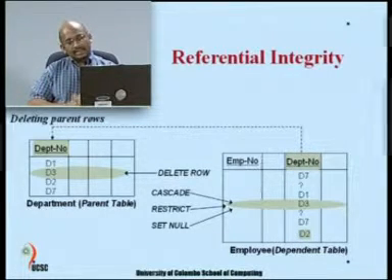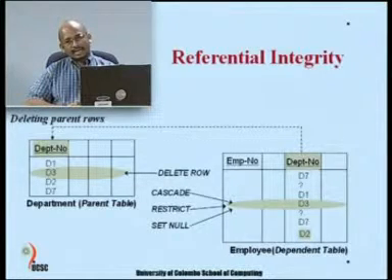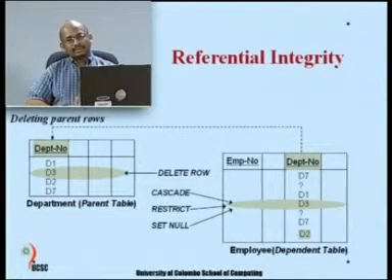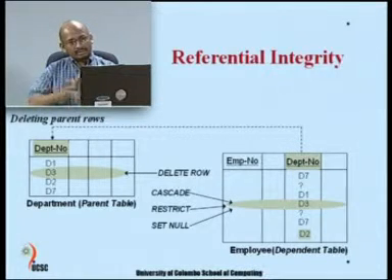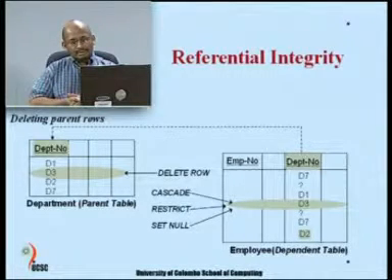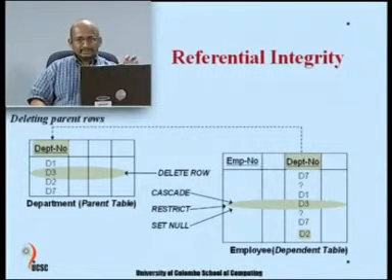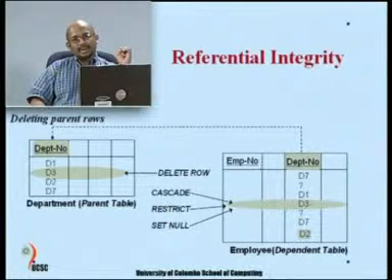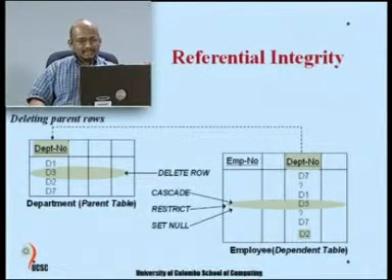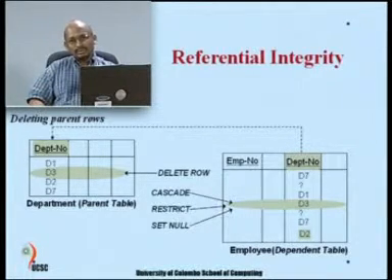Now, in the integrity constraints I mentioned cascade, restrict and set null, and that is explained through this slide. Now, when you enter data in the employee table, you do this validation. It is also possible at a later point that somebody does some manipulation with respect to the department table. For example, somebody can delete a record from the department, meaning they define that this department is no longer there. Then you have an issue with respect to what to do with the employees already working for that department.